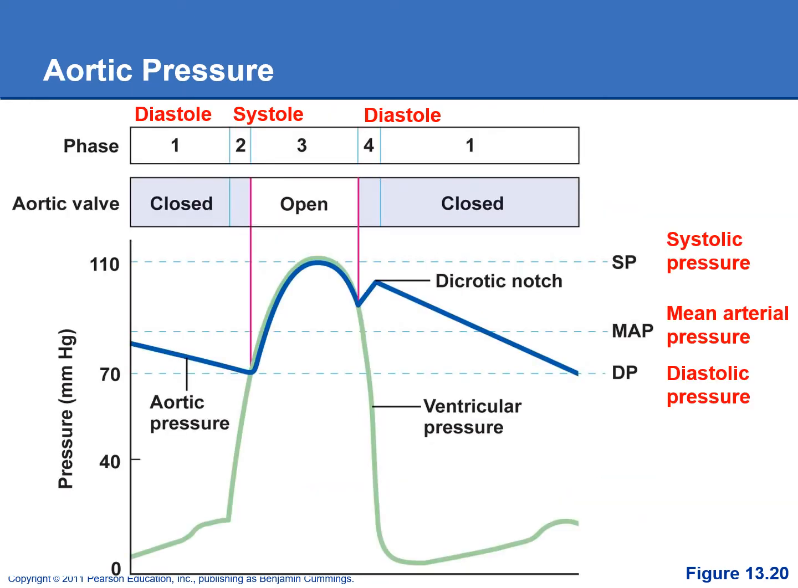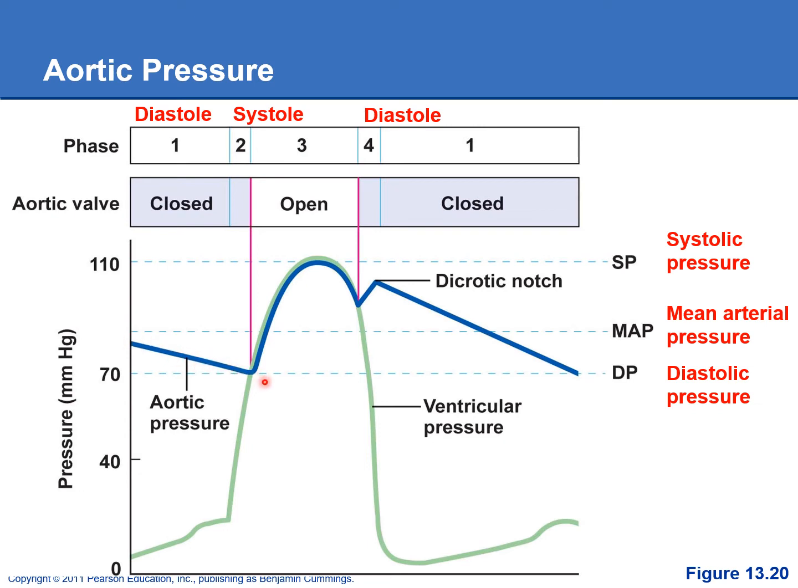This graph is also really important to know, so make sure you star this one, and we'll see it again in chapter 14. So it's showing you the green line is the ventricular pressure, and the blue line is showing you the pressure inside the aorta. So notice that during diastole, the ventricular filling phase, the ventricles are not contracting, they're not pushing any blood out into the aorta, so the blood that's in the aorta is leaving, and notice that the pressure inside the aorta is